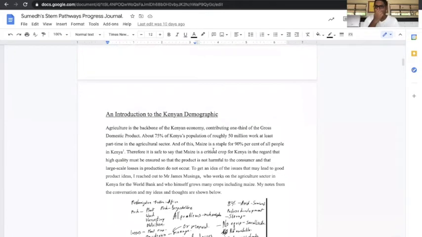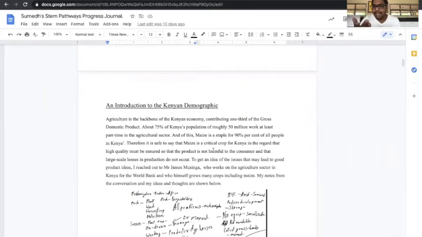Today I'll be reflecting on the progress that I've made in the first semester STEM pathways, as well as my plans for the future of the project. The overarching problem is that maize, the staple crop of 90% of Kenyans, has many issues